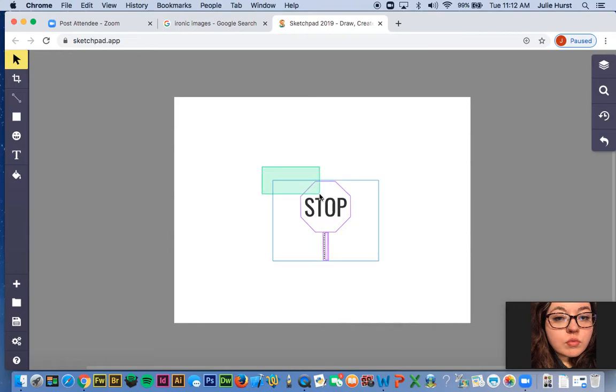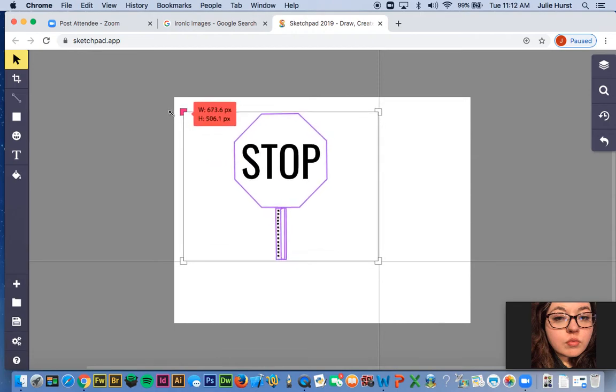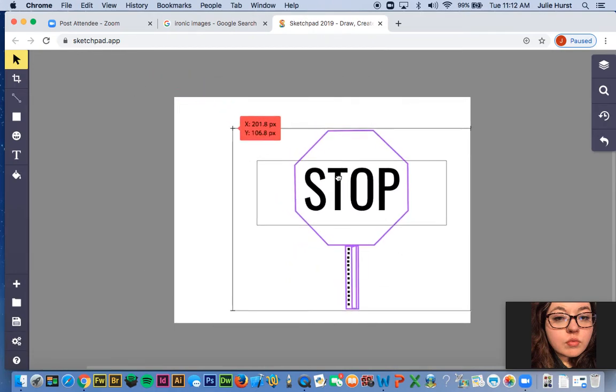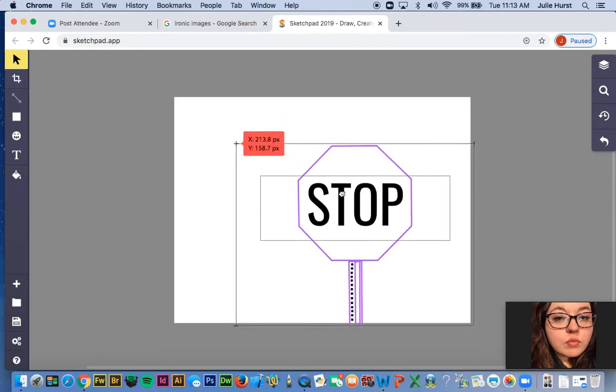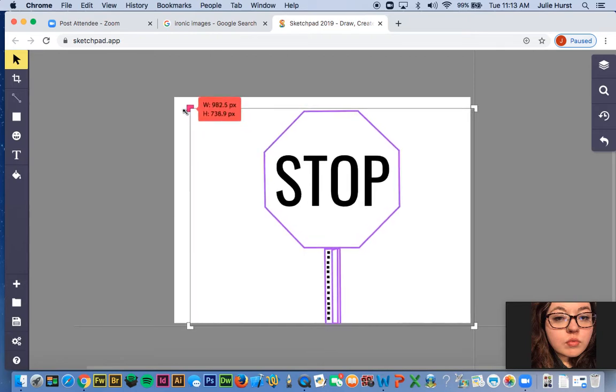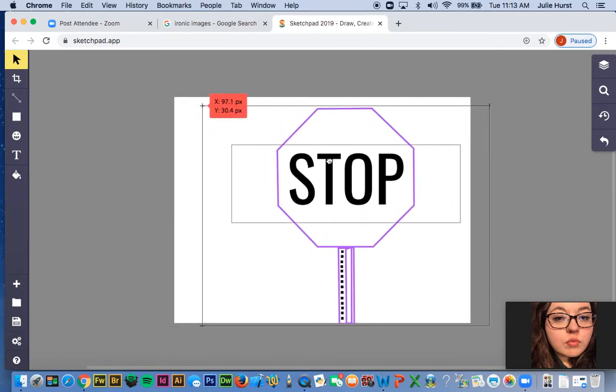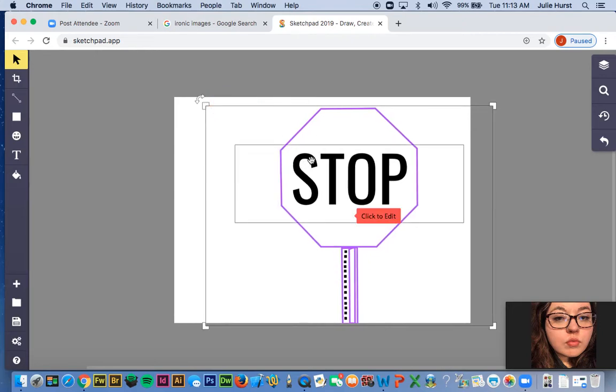I'm gonna select all my stop sign objects, click on one edge, hit shift, and slowly make it big enough to fit on my canvas. I want it to be a little big, so I can use all the space I want to. I'm gonna move it over here, and you can move your image wherever you want